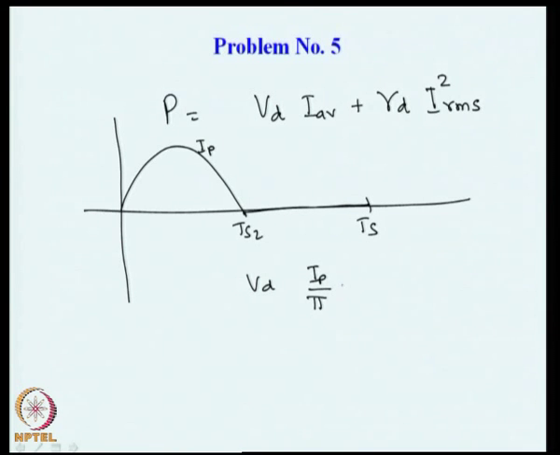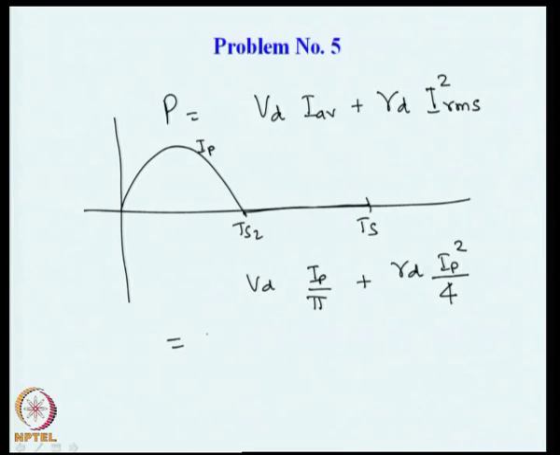So, this is the first part, and the second part will be Rd into the RMS squared. For a full sine wave RMS will be Ip by root 2, for a half sinusoid the RMS value is Ip divided by 2, and this will be Ip square by 4,